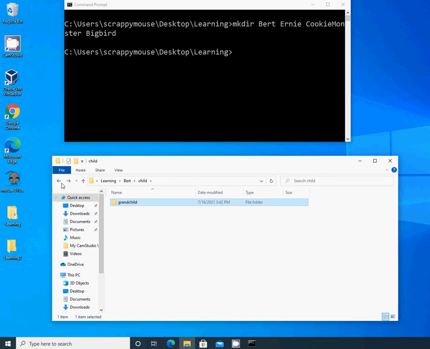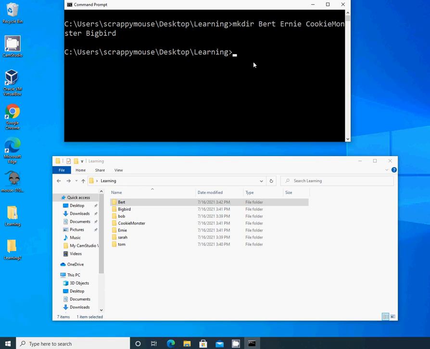Now that actually took a bit of time, but all the Sesame Street characters, let's say they all have that. So we can do the same thing in the command prompt. mkdir, and we're going to say dot, which says do this command in the current directory I'm in, and do a backslash, and I'll say Big Bird, backslash again, child, backslash again, grandchild, backslash again, great grandkid,